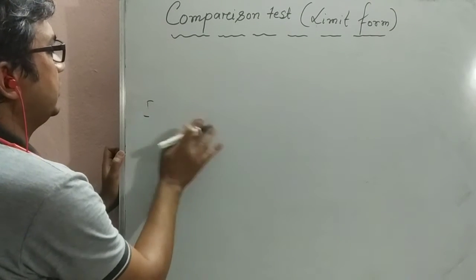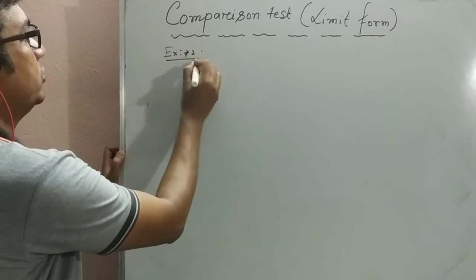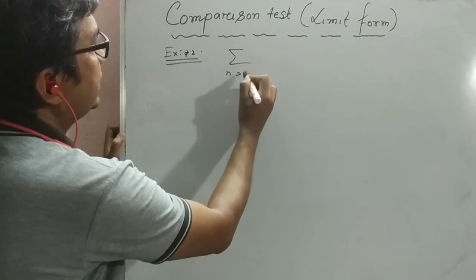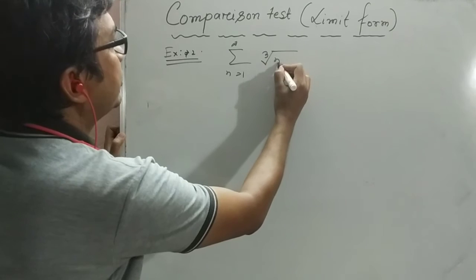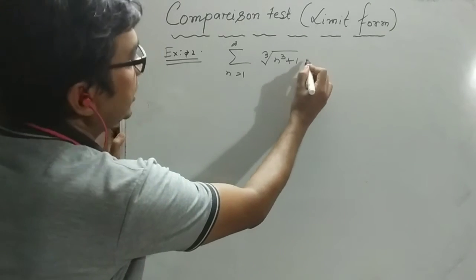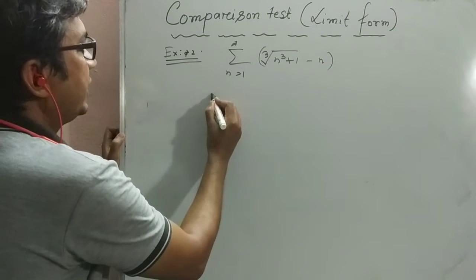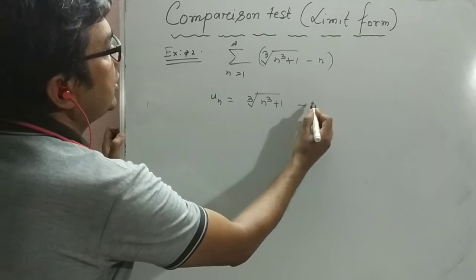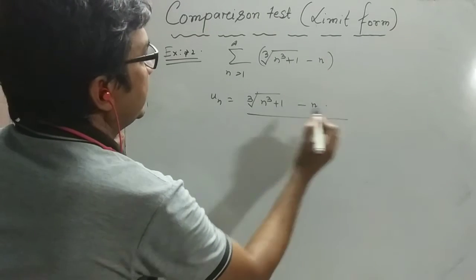Example 2. Here the series is summation n equal to 1 to infinity of cube root of (n cube plus 1) minus n. Okay, here un is given as cube root of (n cube plus 1) minus n, and we multiply